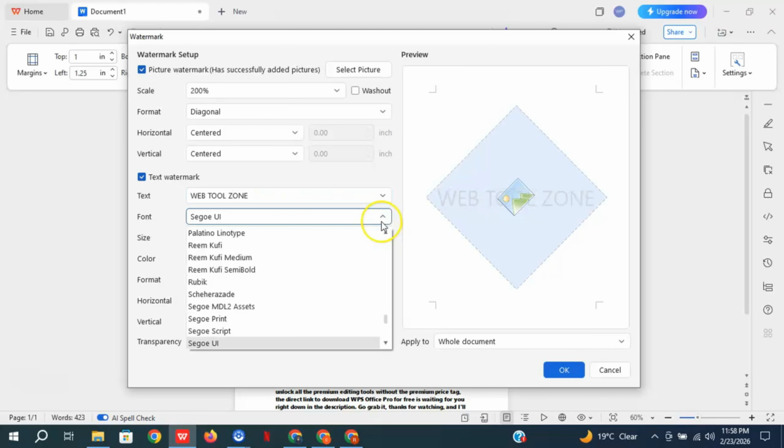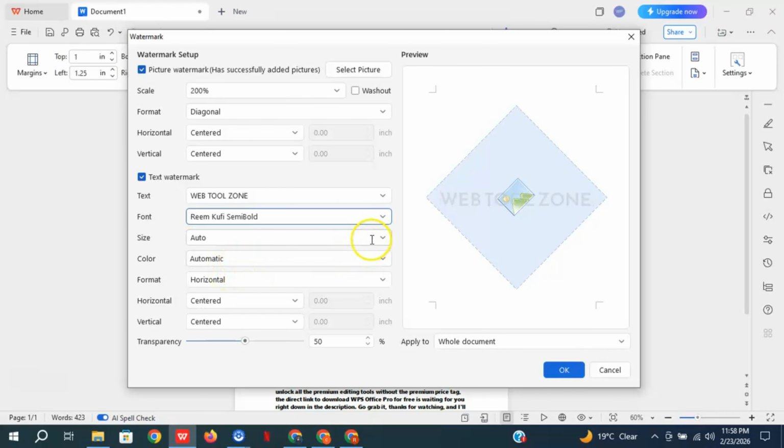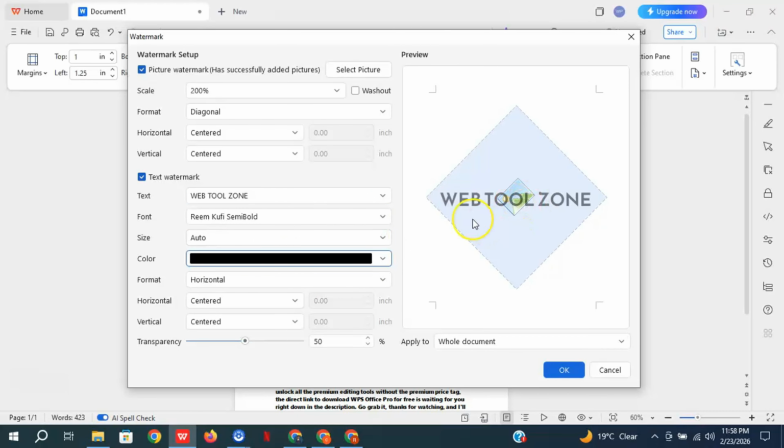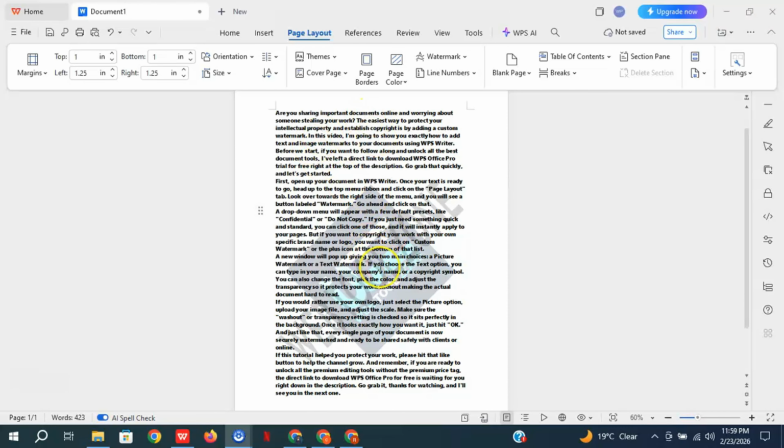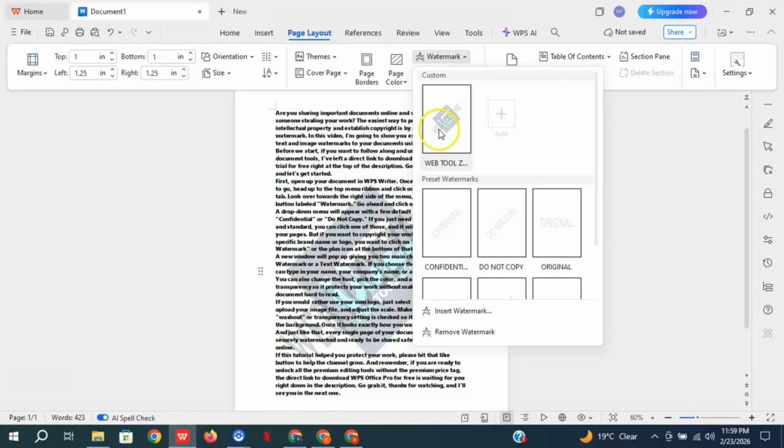If you would rather use your own logo, just select the picture option, upload your image file, and adjust the scale. Make sure the washout or transparency setting is checked so it sits perfectly in the background. Once it looks exactly how you want it, just hit OK. And just like that, every single page of your document is now securely watermarked and ready to be shared safely